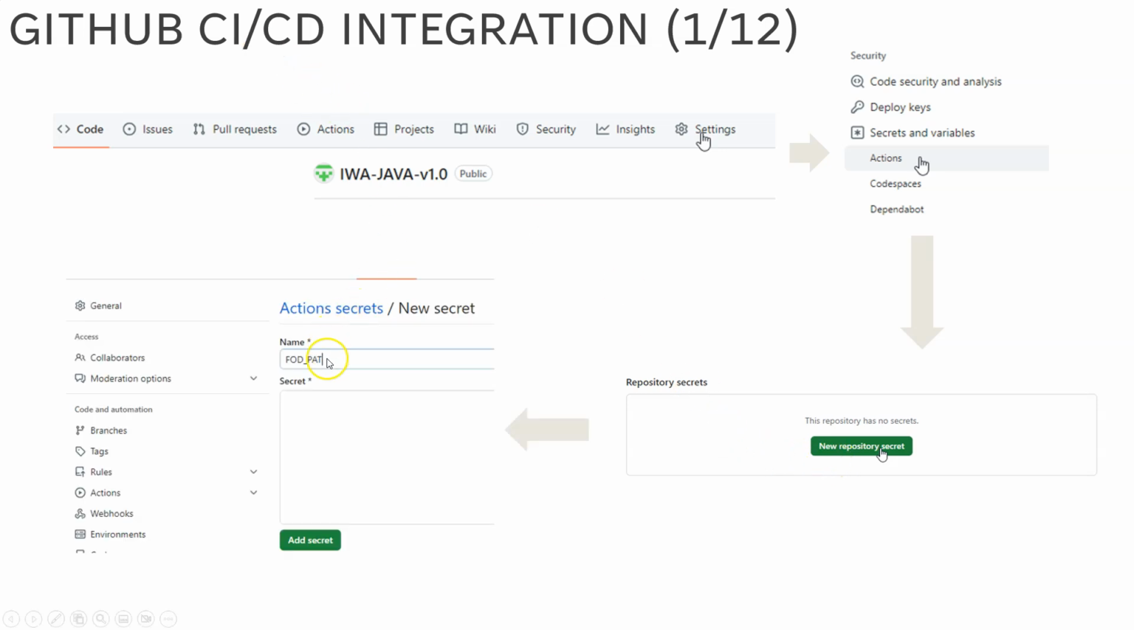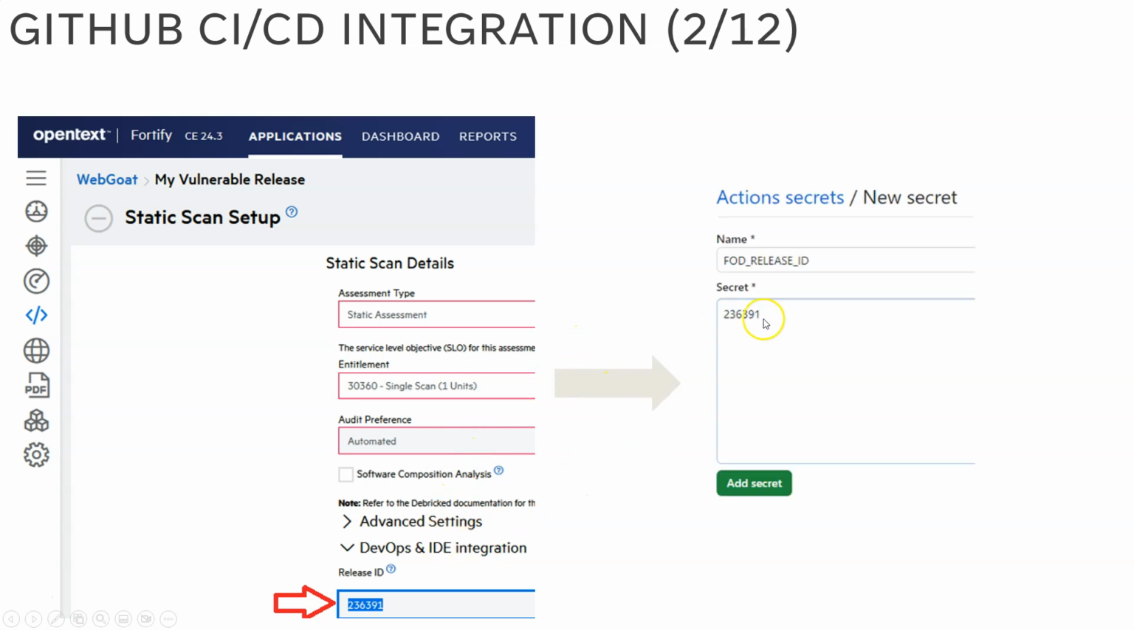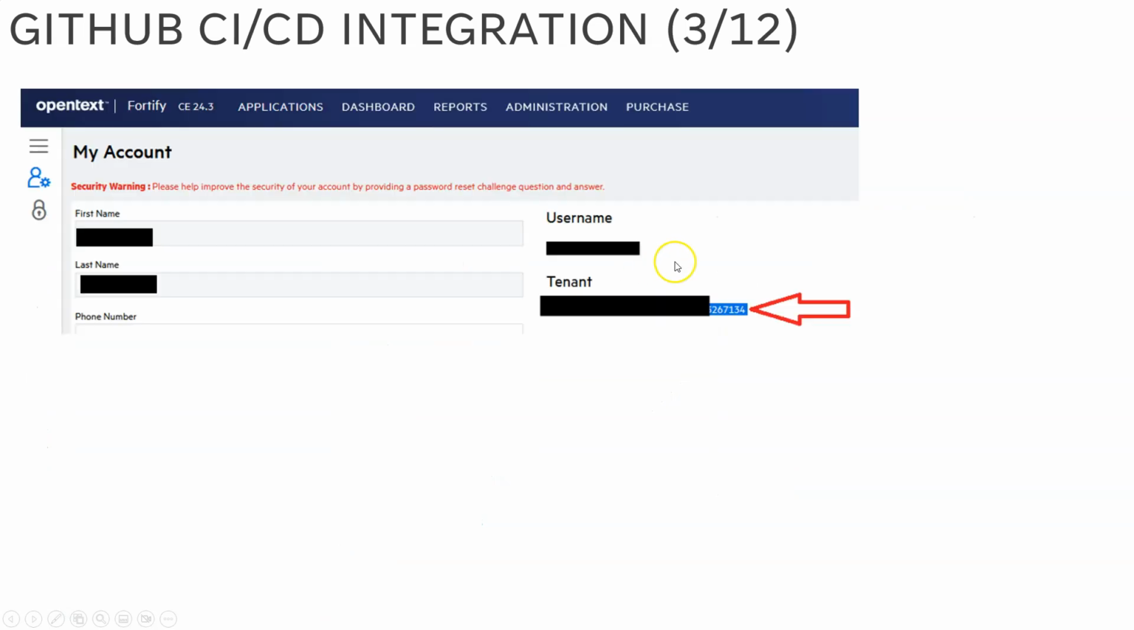The first thing is the PAT, or personal access token, the same thing we did for the IDE integration. And then we need to define the release ID. We need to define which release we need to upload the code for, and that's why we need to set up the scan in advance on the portal itself. And then we need to define the username and the tenant ID. So basically 4 secrets we need to define under each and every project we would like to integrate with our